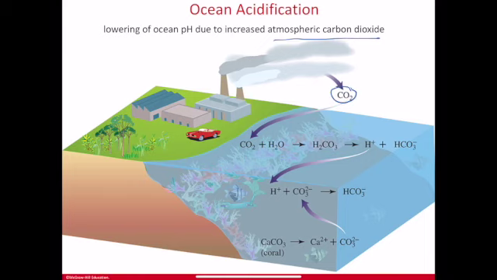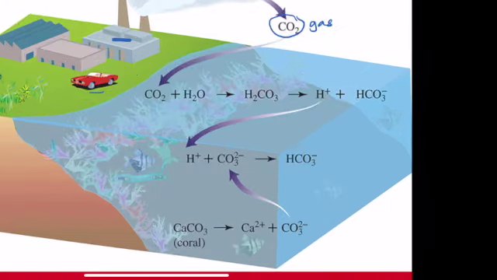So this is from factories and from transportation sources and from generating electricity from coal-fired power plants or natural gas power plants. And so this is the industrial era that has brought atmospheric carbon dioxide levels up to 400 parts per million. So what happens to the carbon dioxide gas is it doesn't just stay in the atmosphere. It eventually is dissolved into the ocean,